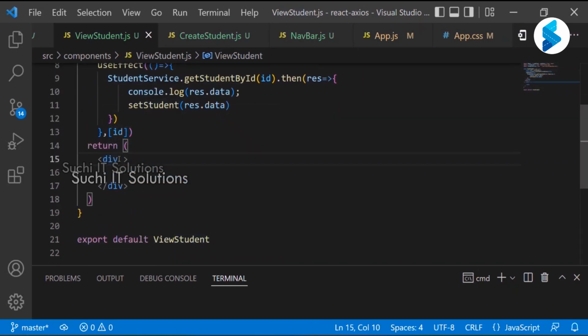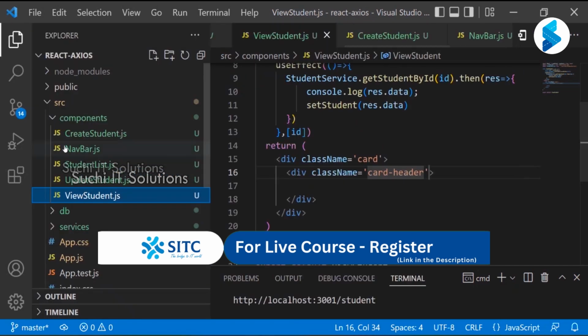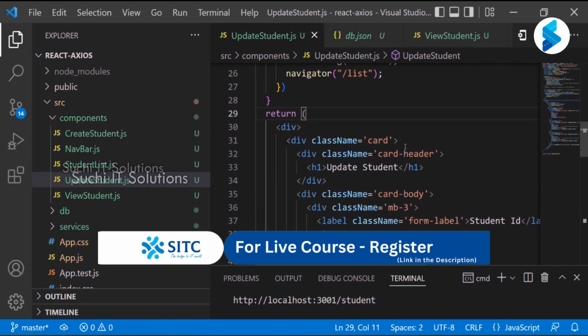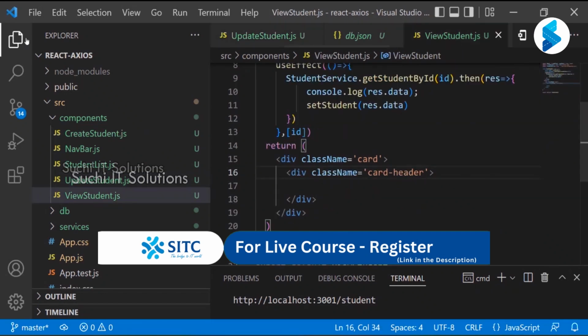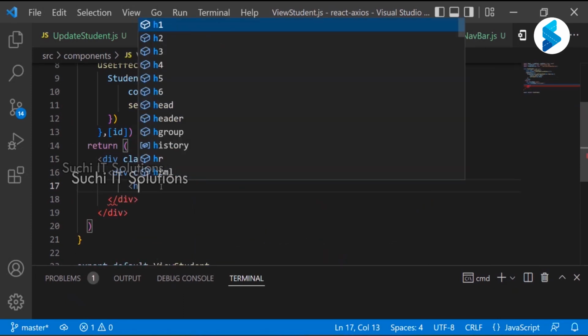We are not modifying. So here class name equal to, I need to provide here card, and I need to provide here div. Within that I need to provide here class name equal to card-header. Okay, previously I provided it in update student, same kind of way we are going to provide here. Okay, here already designed, right? A similar kind of way I'm doing at view student level also, but here we are not updating, just showing the information only. So here I need to provide h1, I'm using